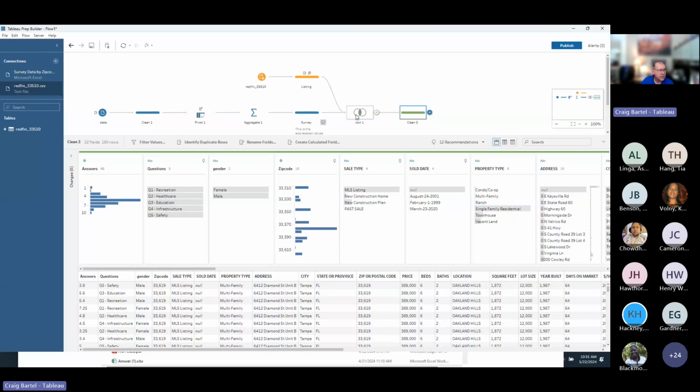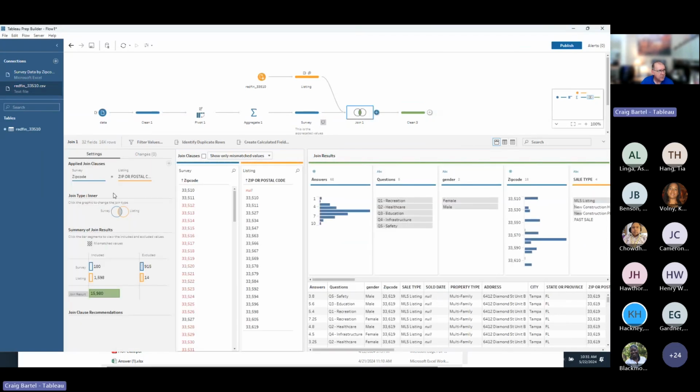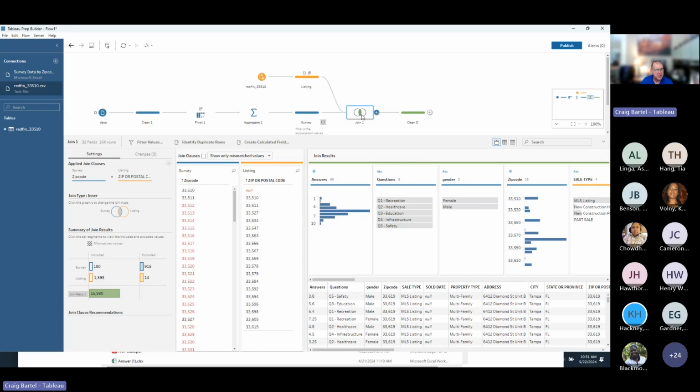And let's find our join right here. Okay, right. So this particular join, you see right here, let me go back, right? So I first clicked on my join node. And first of all, of course, you have your different join types. If folks aren't really that familiar with what it means, basically it's what is the overlap here, right? Right now I'm only getting ones that are matching based on zip codes matching. So if you had a survey zip code that didn't match the listing one, it would not appear in my